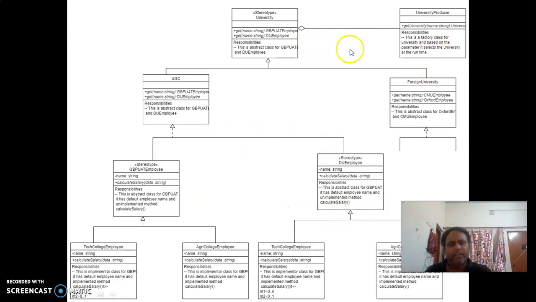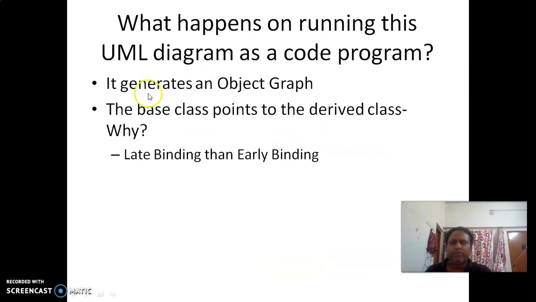This will generate an object graph. Creating the object of this university producer will automatically create the objects of university, UGC, TU employee, and tech college employee, which are the references of this. So basically we have the object graph.